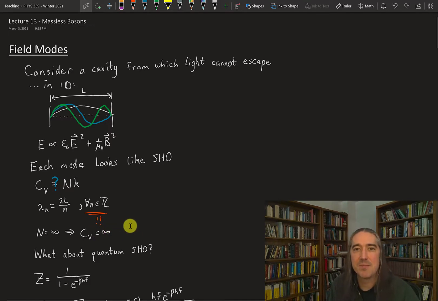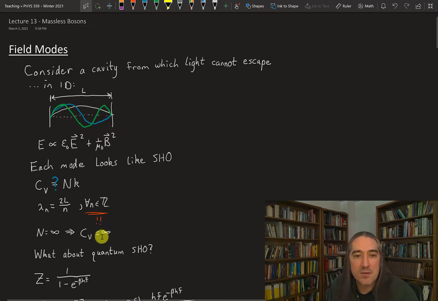This would be very bad. Okay. And people were aware of this problem in the late 19th century. The way they described it is the ultraviolet catastrophe. As the frequency goes higher and higher, you never run out of modes. So if you just naively take classical statistical mechanics and try to apply it to electromagnetic fields, you get this infinite result. That has to be wrong.